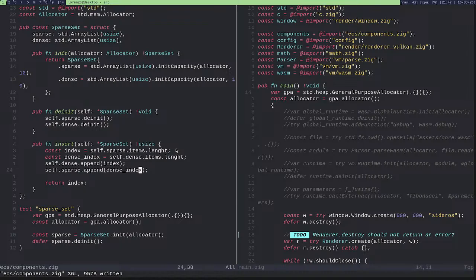Okay, so this is quite easy, I would say. And what else do I need to do? Well, basically this is all I need, because then when I insert entities, they will just grow, and they will be sparse inside the sparse array and strictly packed inside the dense array.